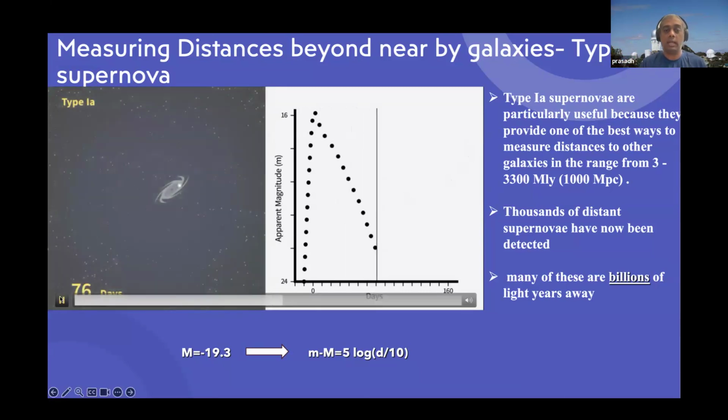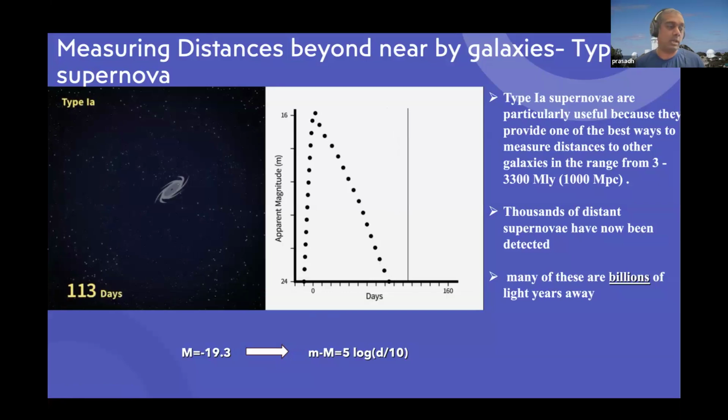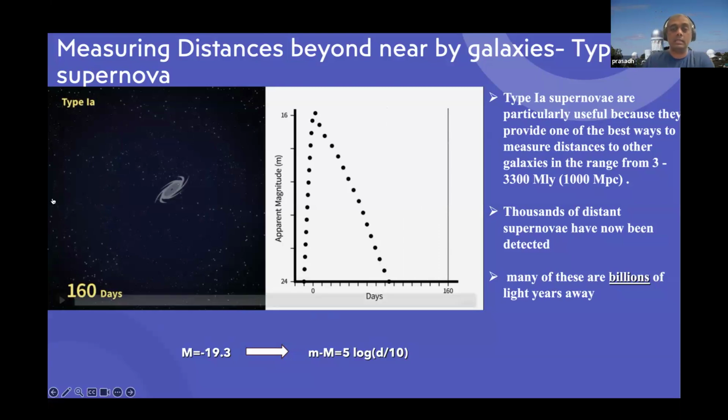So that's what happens during a type 1a supernova explosion. And this top peak right here is very important for us, because that is the main